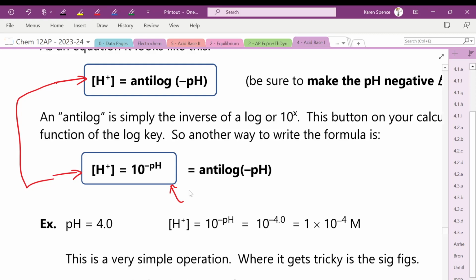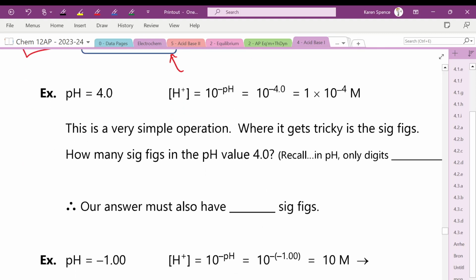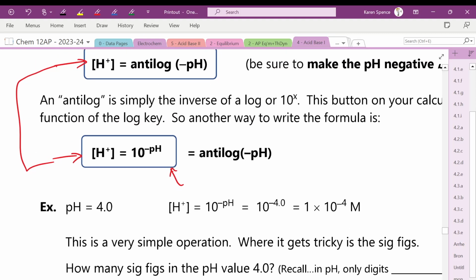And the reason that's kind of nice is that the button you're going to use on your calculator to do that is usually shift log. It'll do the antilog. It will unlog it, essentially. Okay? So let's take a look. Actually, just before we do, let's take a look. Our pH is